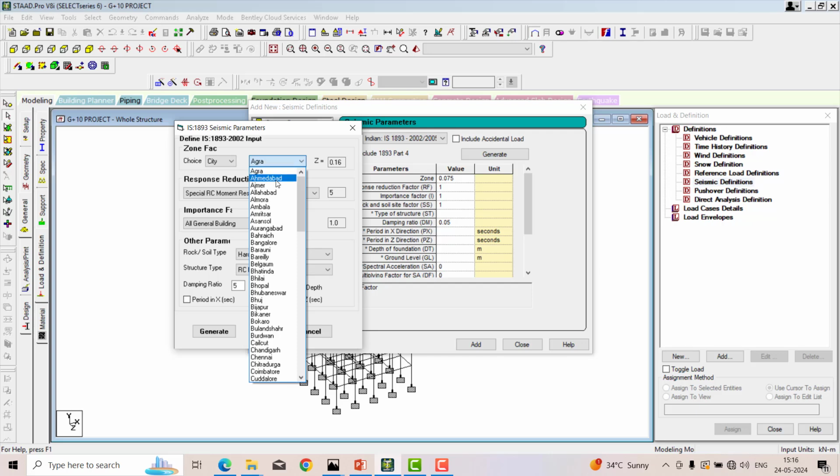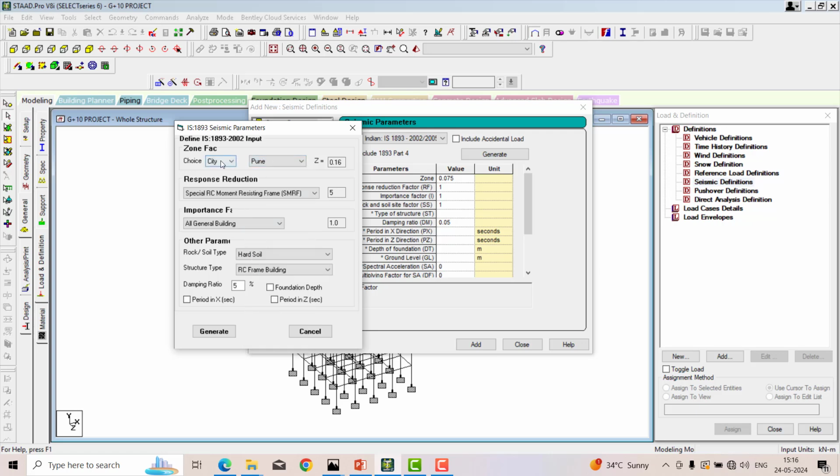If I go with the city, I go with Pune or Bangalore, or whatever your requirement is. Pune city comes under 0.16. Even if I go with the zone, that is the third zone, the value is 0.16.